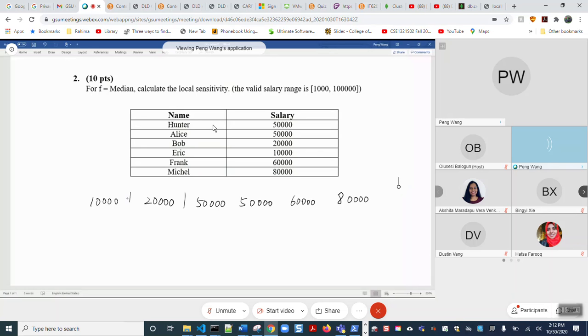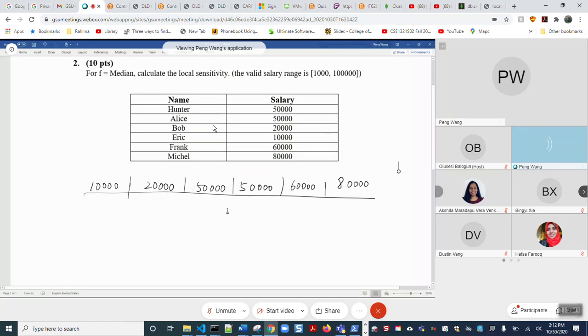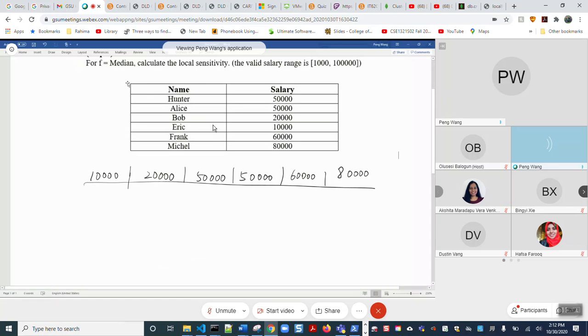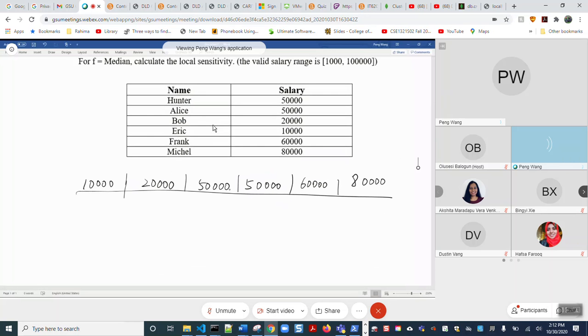After we sort this series, we can calculate the median. Now the median is the average of these two, so it's